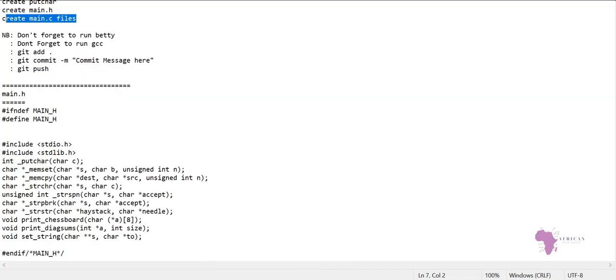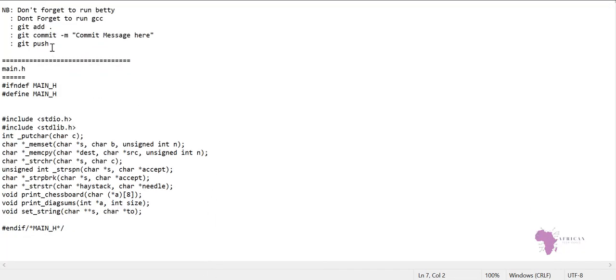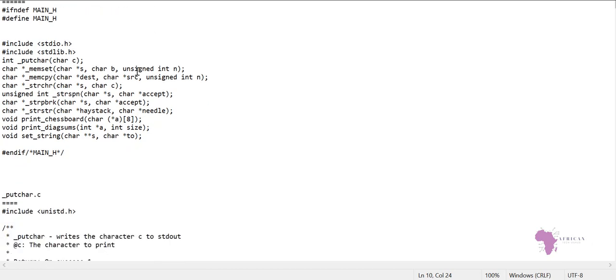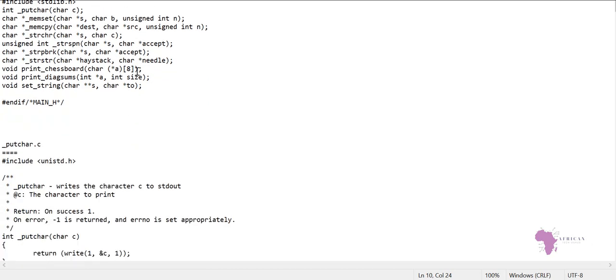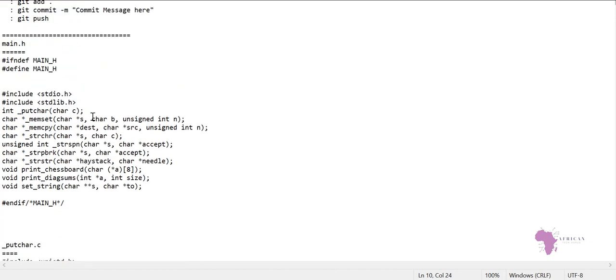What's the next step after creating main files? After creating main files, you are required to, okay, we are done with that. So then, don't forget to run Betty, don't forget to run gcc, add, and then commit message and all those. So let's get into the task. What is it supposed to do? Task number one,